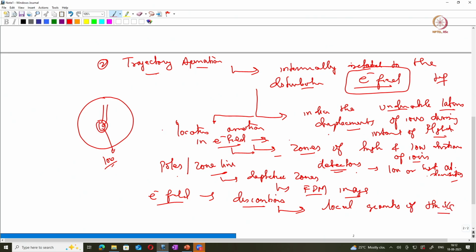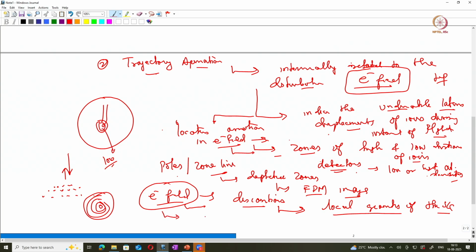So near the poles, if there is a terrace, this is a particular pole, correct? If you look in this direction, you will see concentric circles, and these terraces act as a change in the local geometry. So there is a change in the electric field, a discontinuity in the electric field. So the distribution of the electrostatic field around these zones